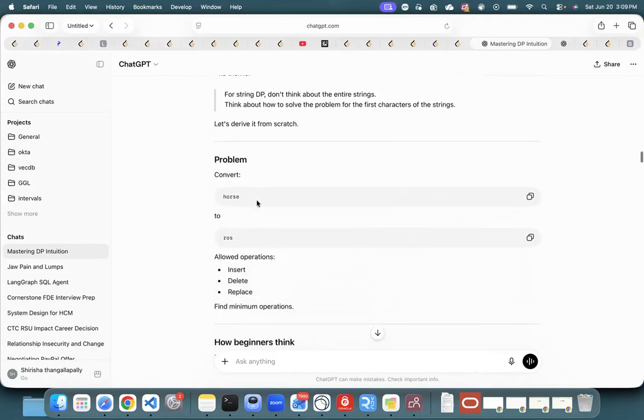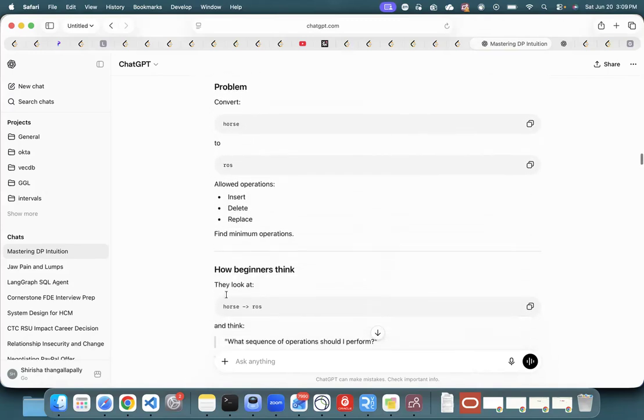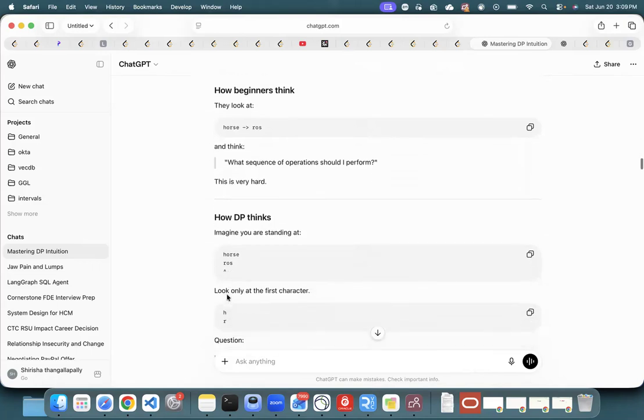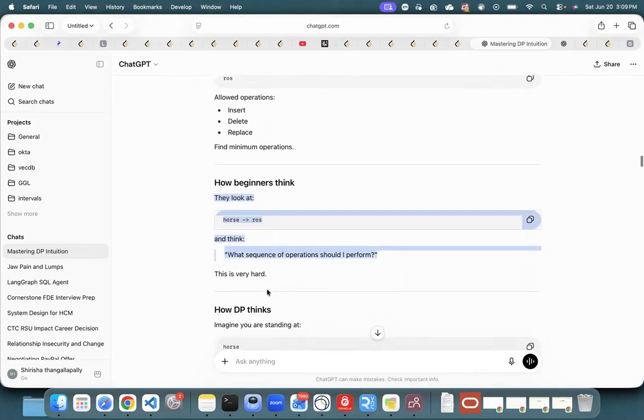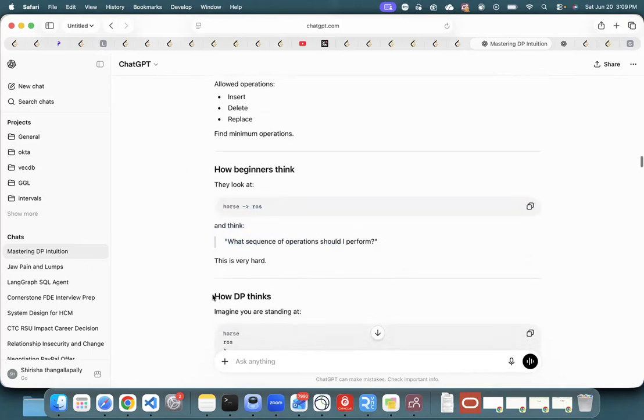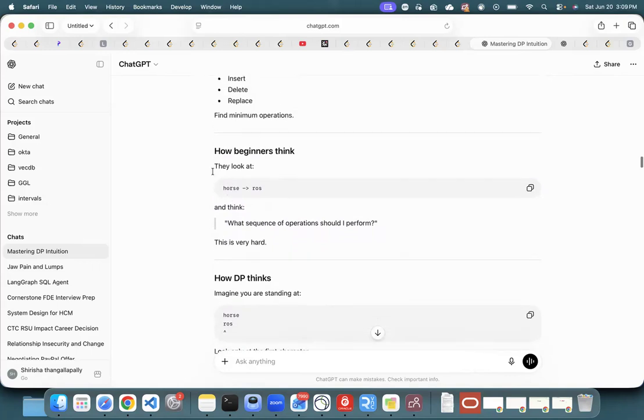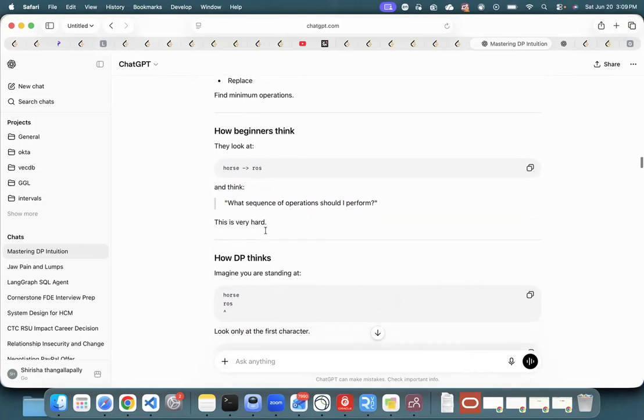So the thing here is to think of the subproblems, the substates. The sequence of this is very hard, but